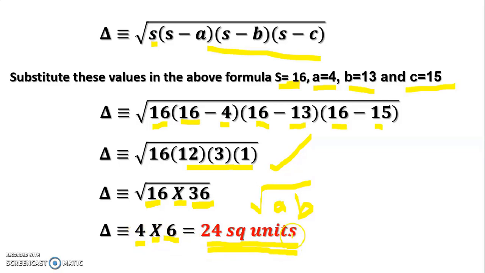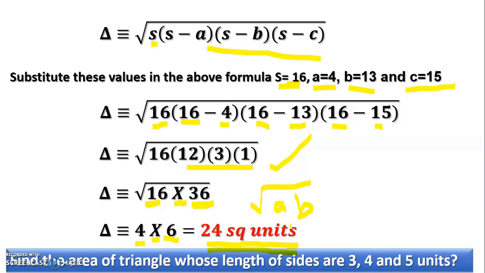So this is the process to find the area of the triangle when three points are given or when three lengths are given. Homework problem I have given here: find the area of the triangle whose lengths of the sides are 3, 4 and 5 units. By using the 3, 4, 5 units, you can find the area of the triangle. In your textbook exercise 3, some problems are given related to the area, and some problems are related to Heron's formula. So those problems you may also do.